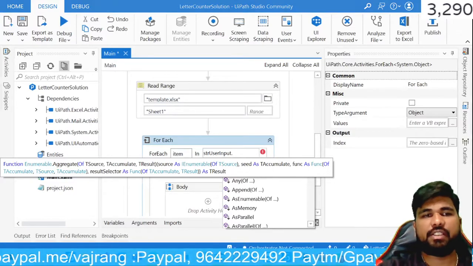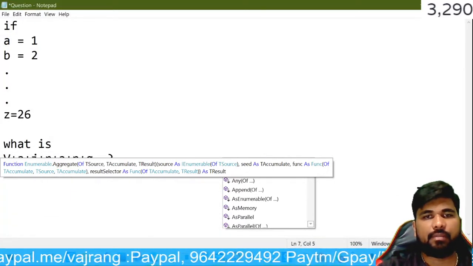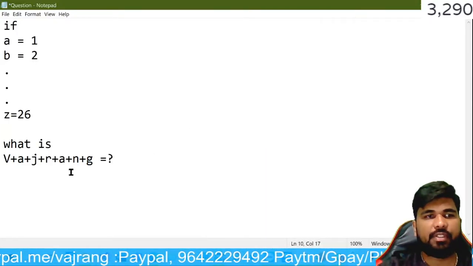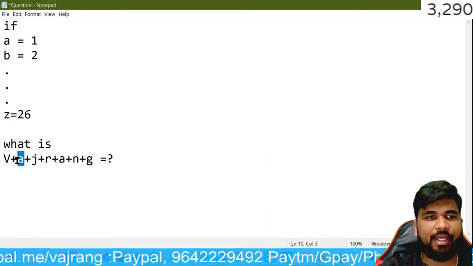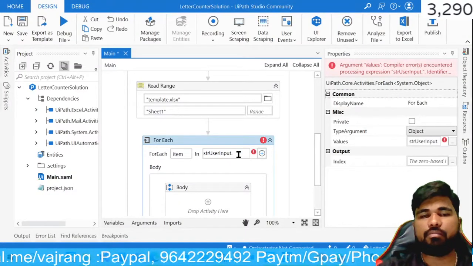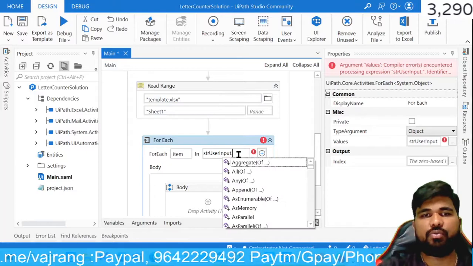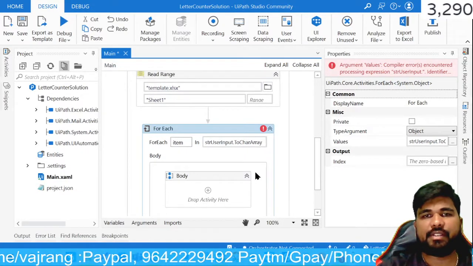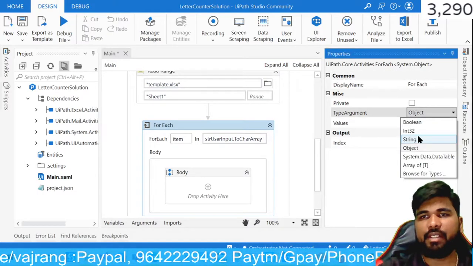If you see in this particular name, V has a separate value, A has a separate value, J has a separate value, so we just need to divide all the items. To do that, we are using ToCharArray, and this character array can be taken as a string.